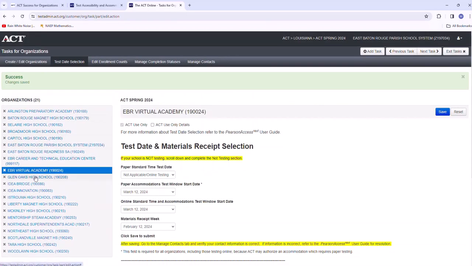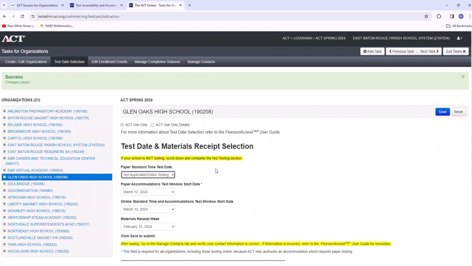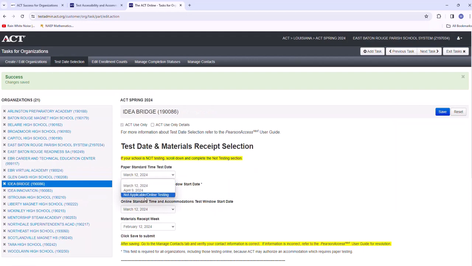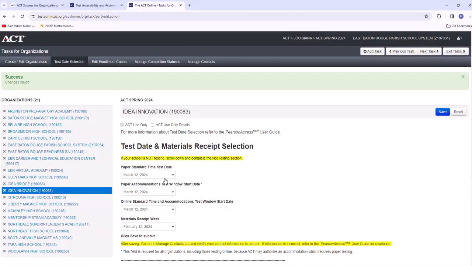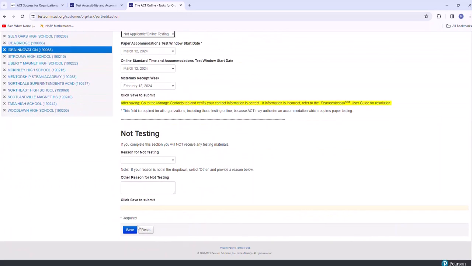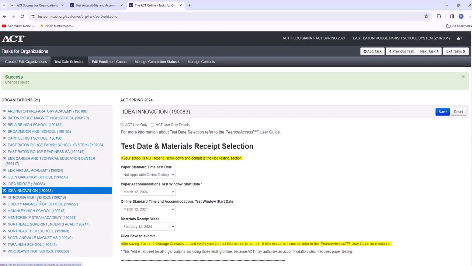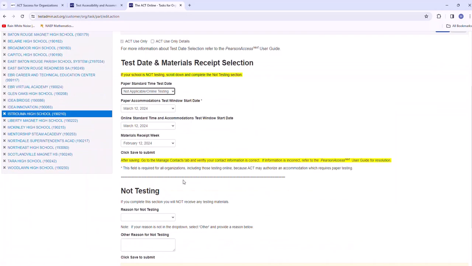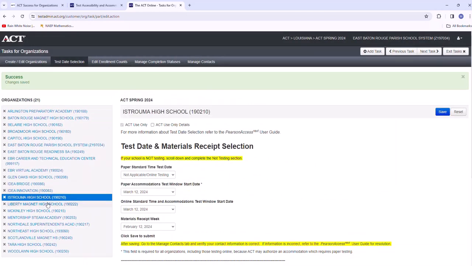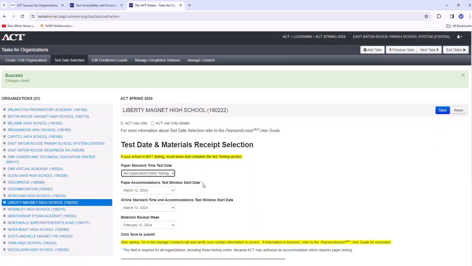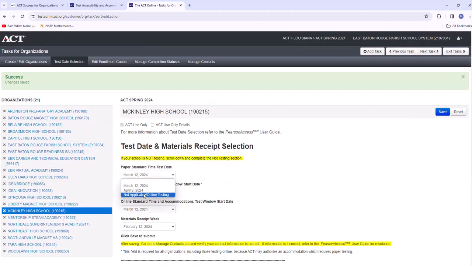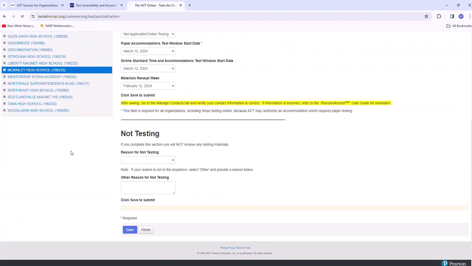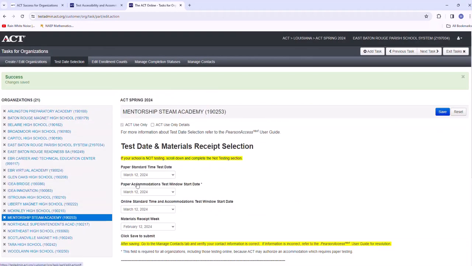Okay, so Glen Oaks, online standard time. Idea Bridge, online. Innovation, online. Istrouma, online. Almost done. Liberty, online. McKinley, online. Mentorship.